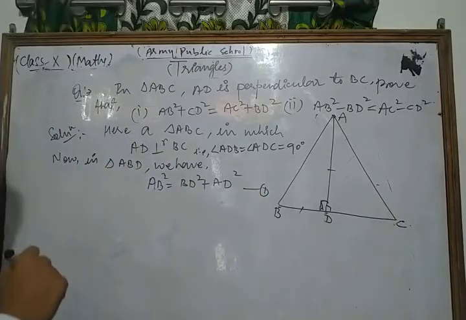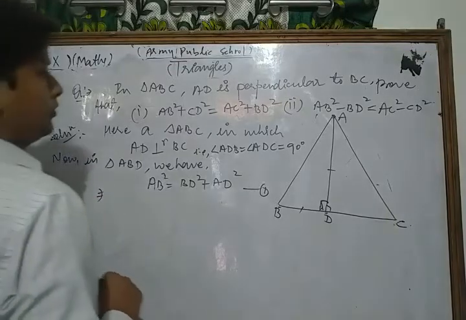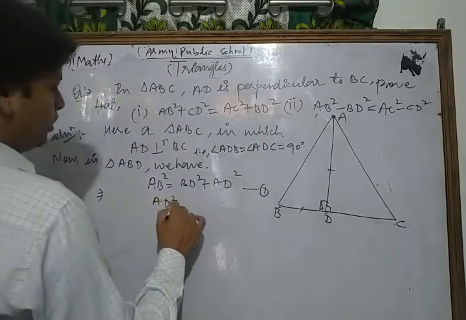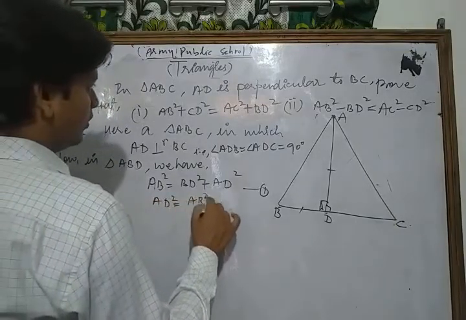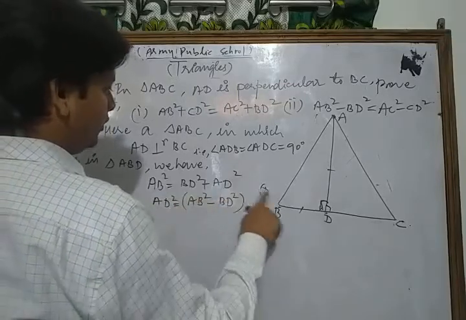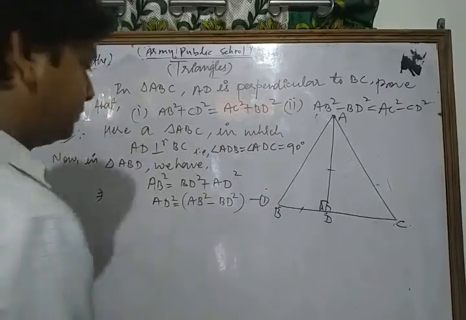Okay, now from there AD square is equal to AB square minus BD square. We take this as equation 1. Okay, similarly